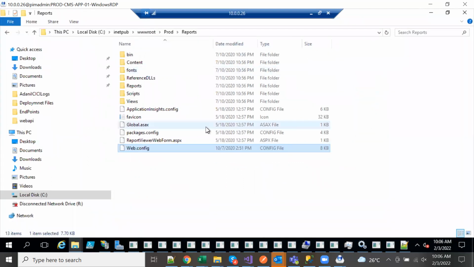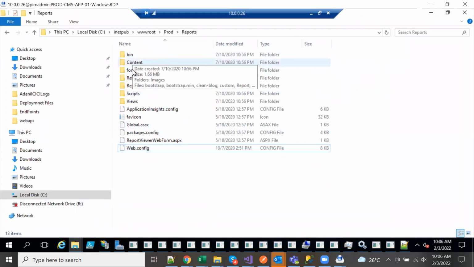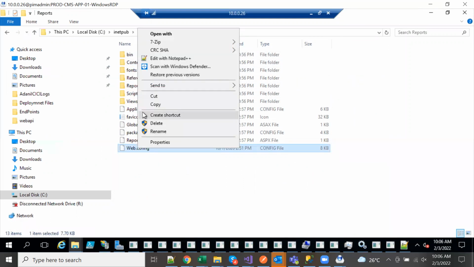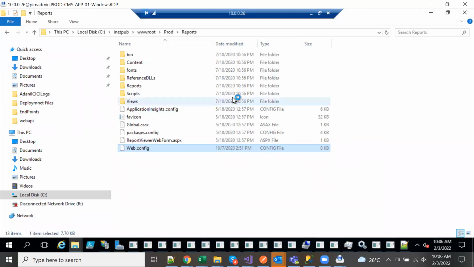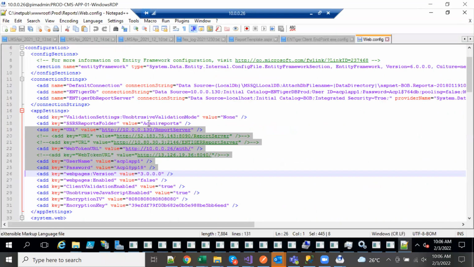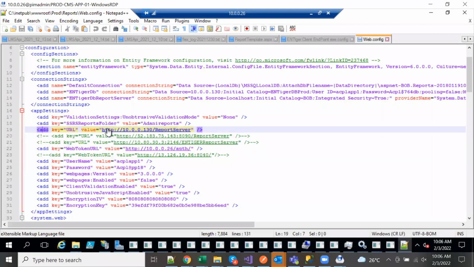Once you open the reports folder, there are different things. We'll go directly into the web config. The web config tells where our reporting server is and how it is configured. See, it says 10.0.0.130 report server. This is where the server is configured. So reports are being processed from the reporting server.